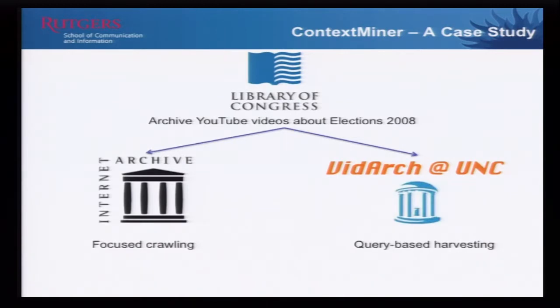But this kind of addresses the first two questions, or rather, gives us the first two questions. The first thing is, you have a problem that you would like to study. So the Library of Congress was trying to understand and archive things related to the presidential election for future generations to study and understand. And YouTube was going to be a big part of it. And then they asked us to collect it. Two organizations, two different methods. And at that time, we didn't know what would be the good and bad things about either of these methods.